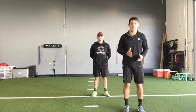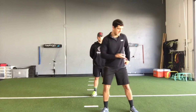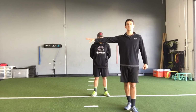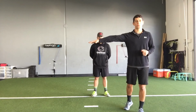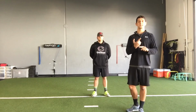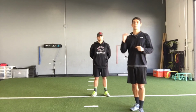So I want to see him make that adjustment on the fly, chop his feet up, and then drop that foot outside of his center of mass so that he can get his body on the other side as fast as possible. And then while adding all of that speed component into it, is he then able to control those forces as he lands? So that was the single leg skater hop, sticking each one, and then we progress to